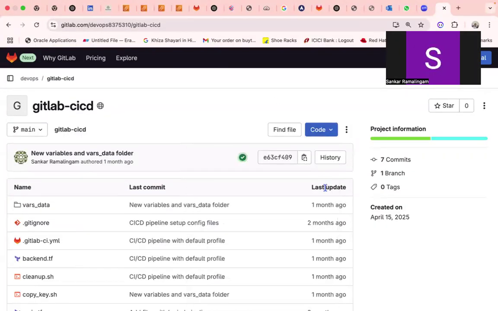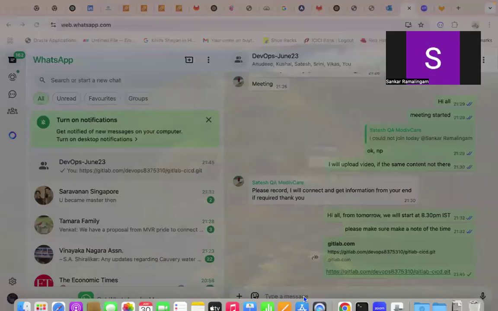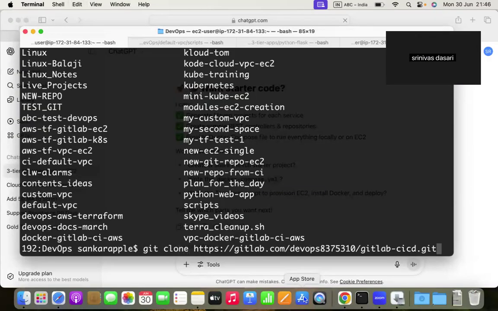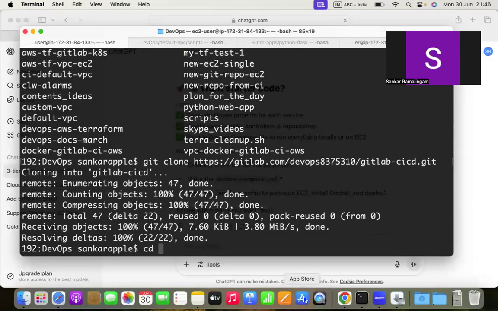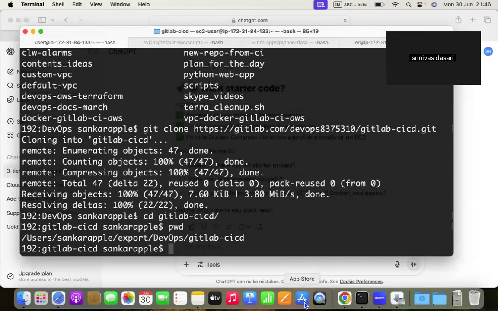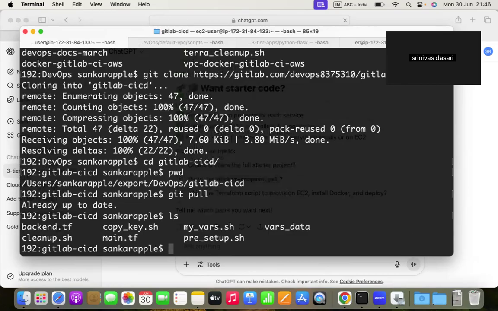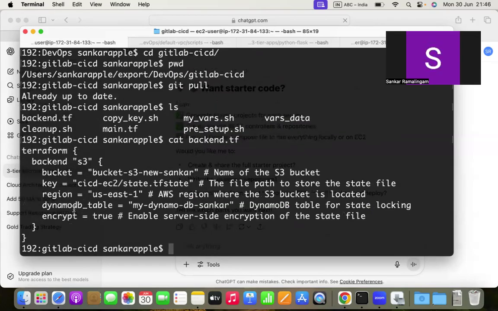So this is here. We already cloned this. Okay, in that case, you just do a cd gitlab CI/CD. Make sure you do a PWD. We renamed some name also, I think. Okay, just do a git pull to make sure you have the latest code. Okay. So if you look at the code right now, if I do a cat backend.tf, so